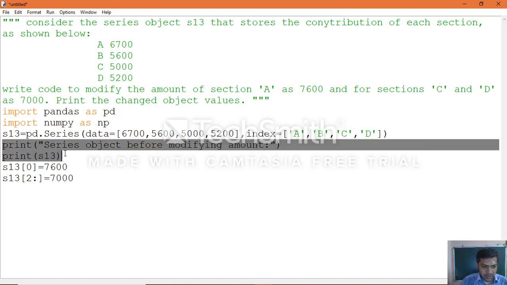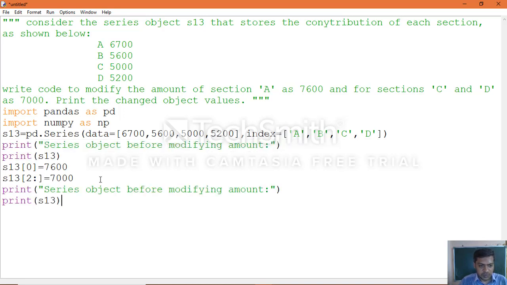Then you can print after modifying the amount, after the changes, the series object. Print the object. Save the application.